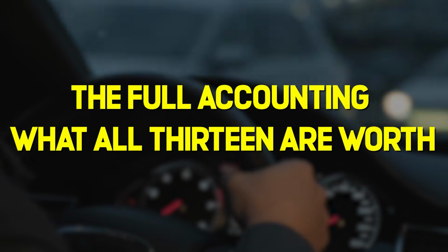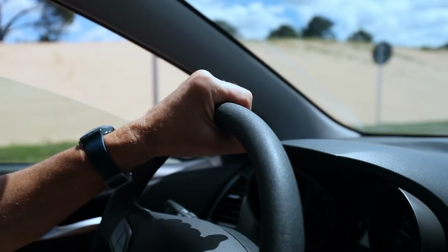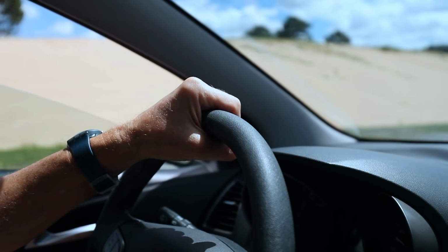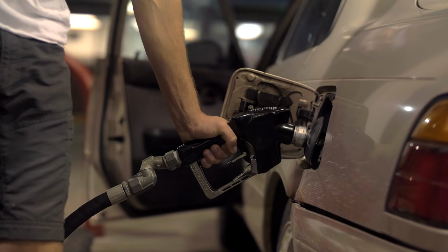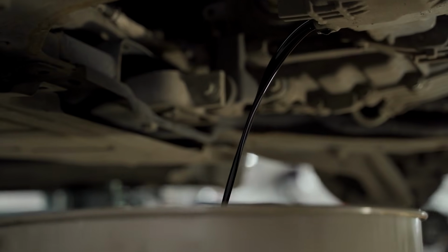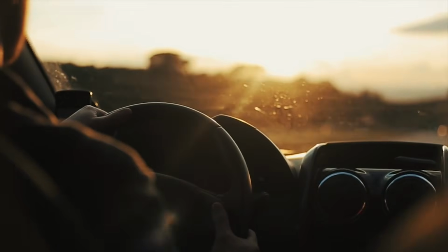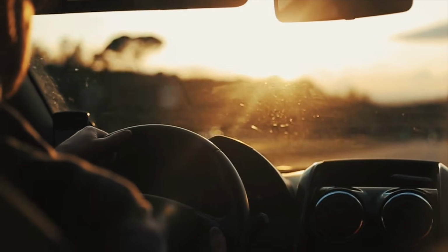The full accounting. What all 13 are worth. Let us bring all 13 of these back to where this started. 2 drivers, same commute, $612 apart. After 18 months of testing, tracking, and documenting every single one of these habits, here is what a driver applying all 13, reasonably and consistently, can expect to save annually at current fuel prices on a 15,000 mile per year